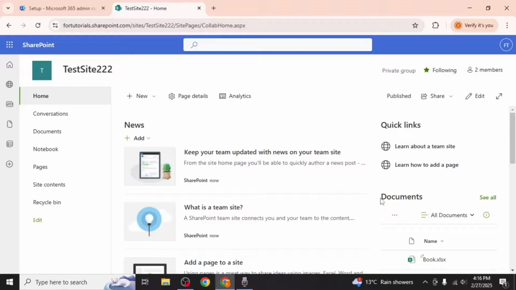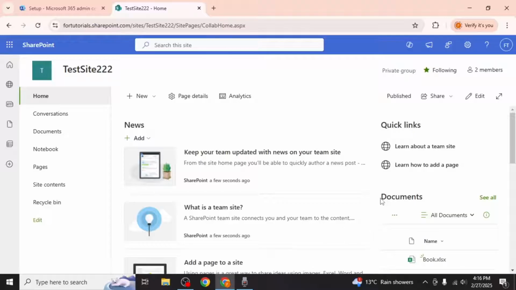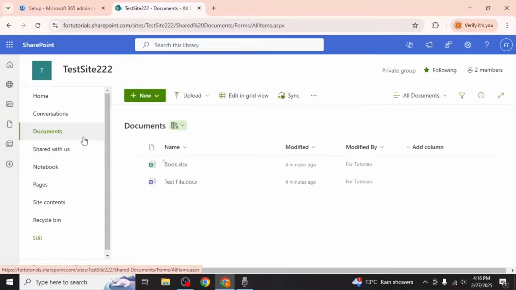In this video, I will show you how to back up SharePoint files. Start by opening the SharePoint site that contains the files you want to back up. On the left side of the screen, click on the Documents option to view all the files stored in the